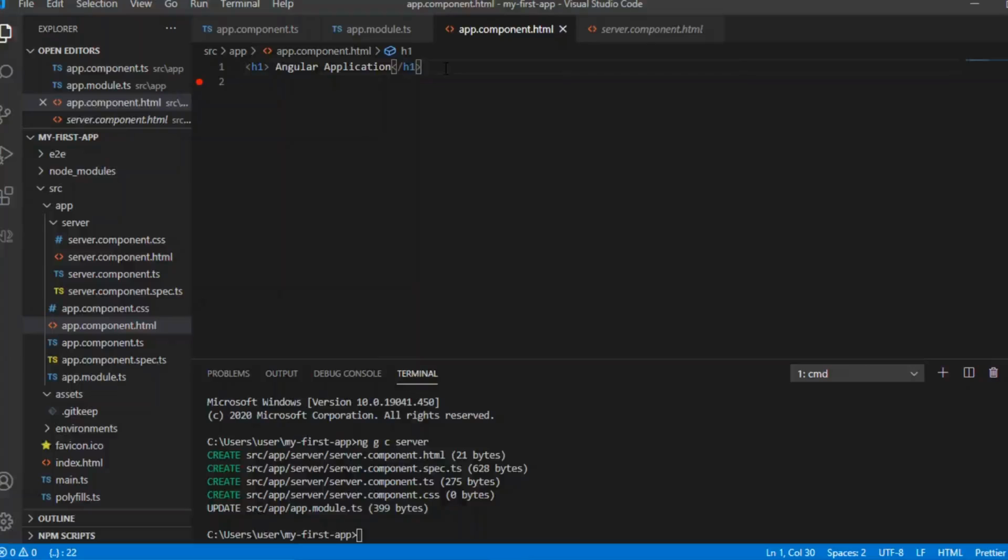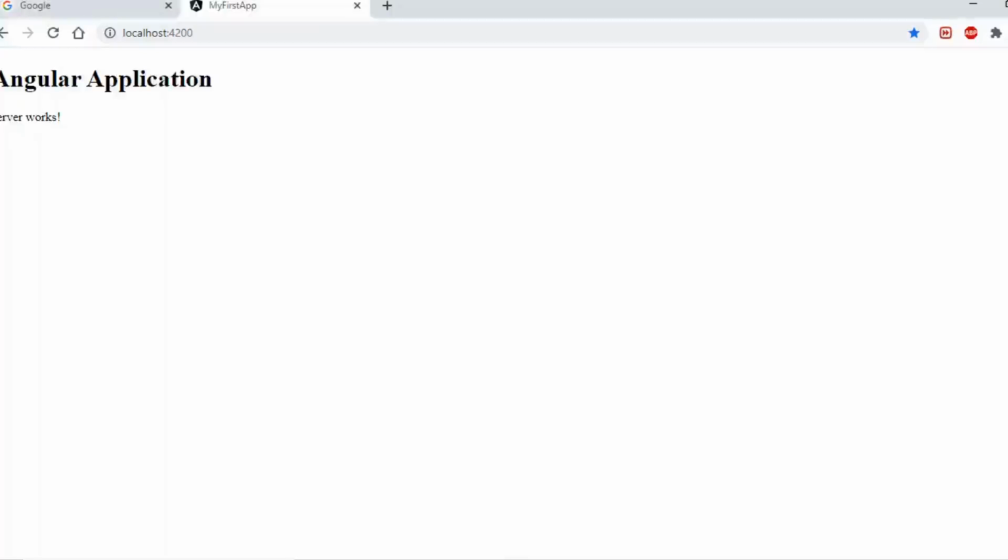To bring that component here, I am going to give here app-server. You have to save and go to the browser now. Now you can see server works. So now the component is added to the application.